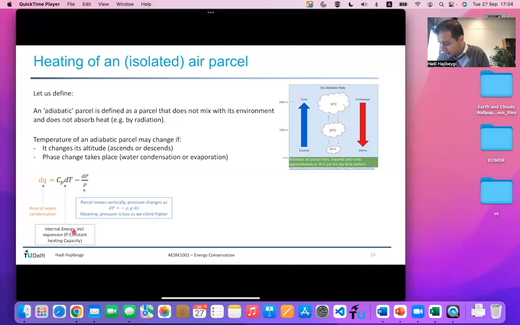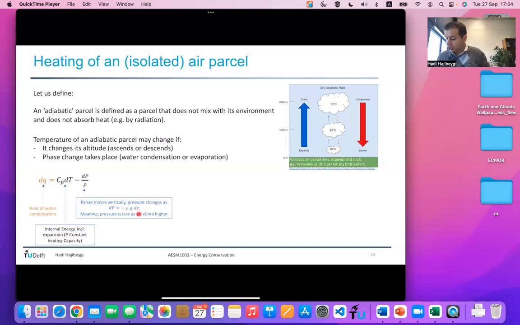So internal energy, including expansion, etc., will be already there because it's a constant pressure process. And also, since it can change its elevation and it can climb by an amount of, let's say, dz,